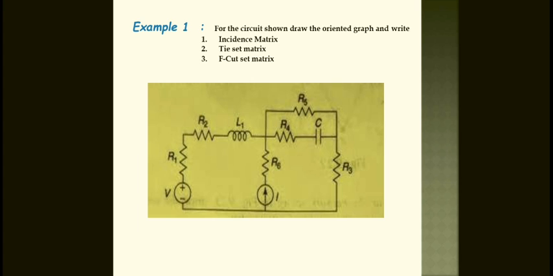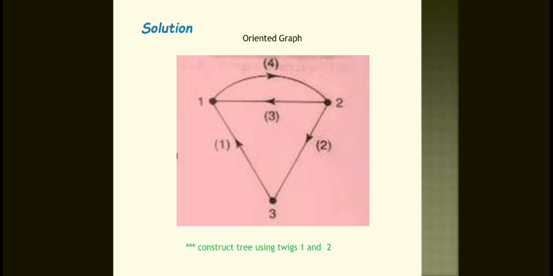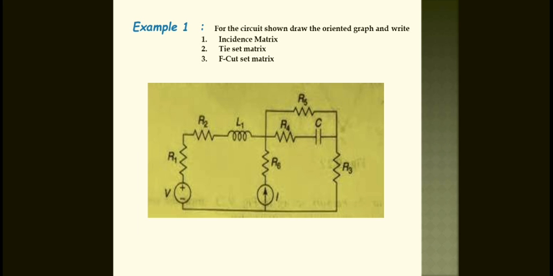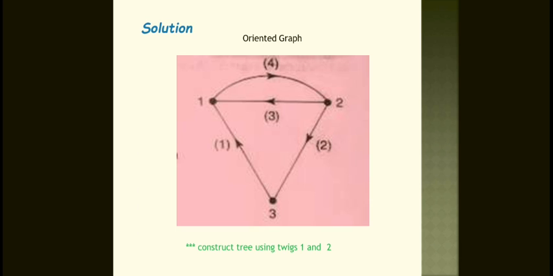For the circuit shown, draw the oriented graph and write the incident matrix, tie set matrix, and F cut set matrix. First we have to convert this into the graph. After that, this is the solution given here. We have to observe how many nodes and how many branches there are in this circuit. Just we have to identify. And here, what are the nodes? 1, 2, 3 are the nodes, and there are 4 branches, 1, 2, 3, 4, right? By using this,